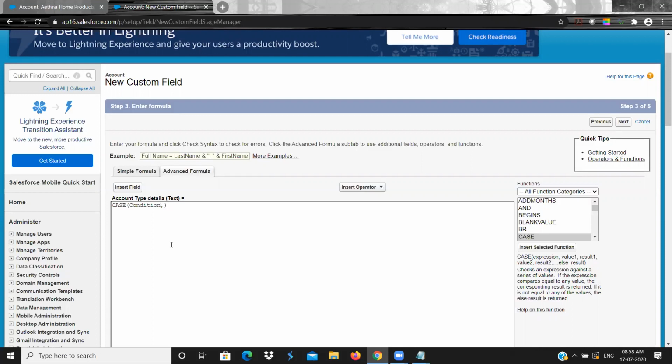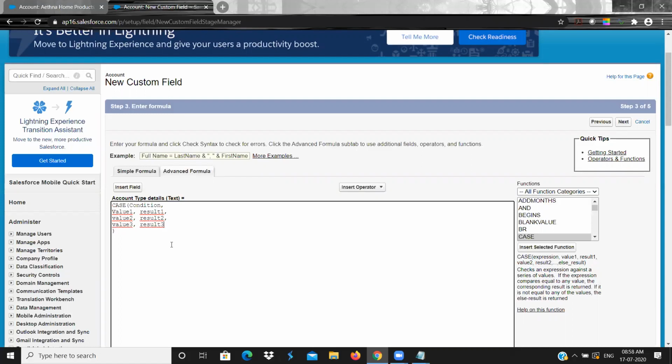Okay, and the second thing is the value and result. Okay, comma, let me put it as value 1 and result 1. Okay, so value 2 comma result 2, and value 3 comma result 3.